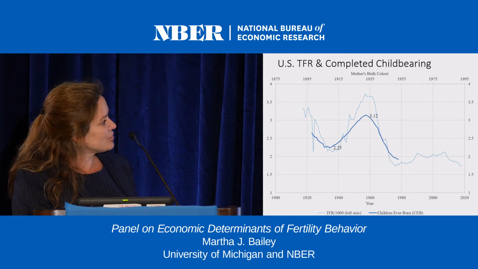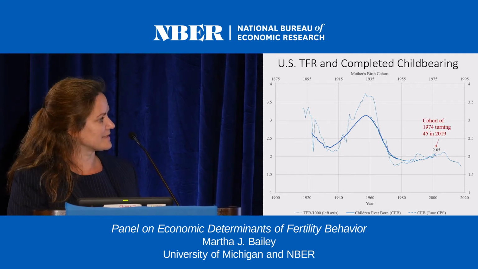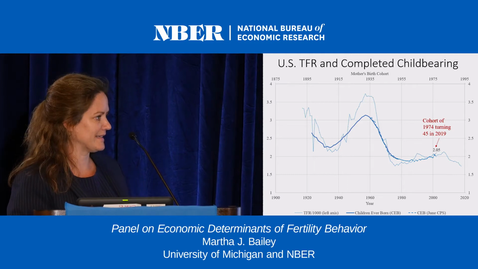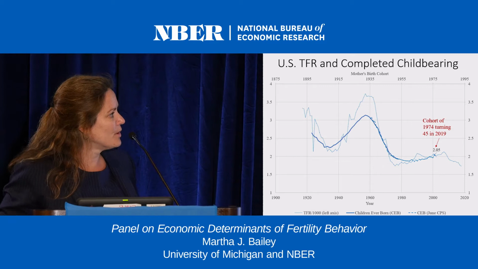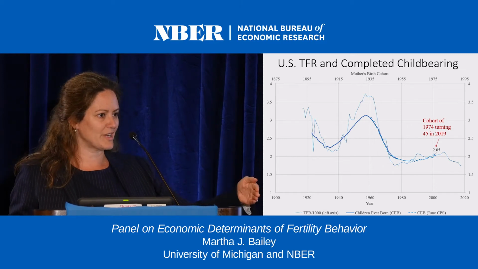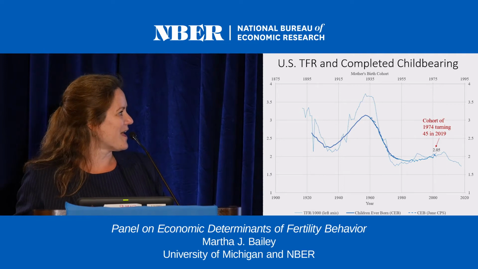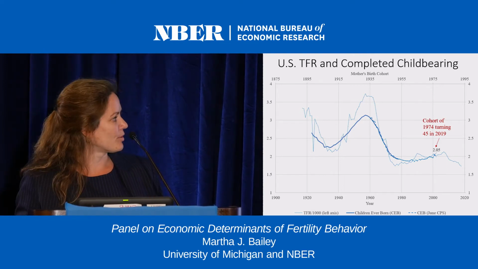Now you can take the June CPS, and I've layered it on here so you can see how well it corresponds to the census, because the census stopped asking in 1990 how completed childbearing is moving. And so for the most recent cohort that turned 45, which is really where we think most childbearing ends, that's my birth year, we had a little bit over 2 children on average per woman.